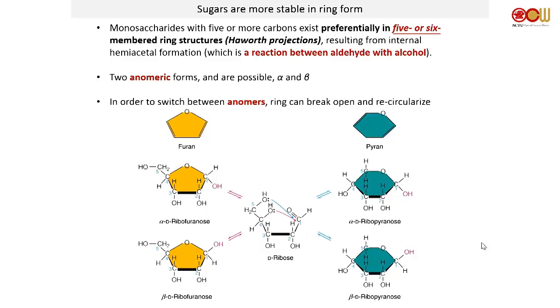They're the 5-member ring and then the 6-member ring. If it's a 5-member ring sugar, we call it furanose. It's named because of the organic solvent furan. It looks like that, without the double bonds, of course. So you have 5 carbon, it's furanose. If it's 6 carbon, it's going to be called pyranose. So furanose and pyranose. The way that this ring closure happens is by you having the carbonyls, or